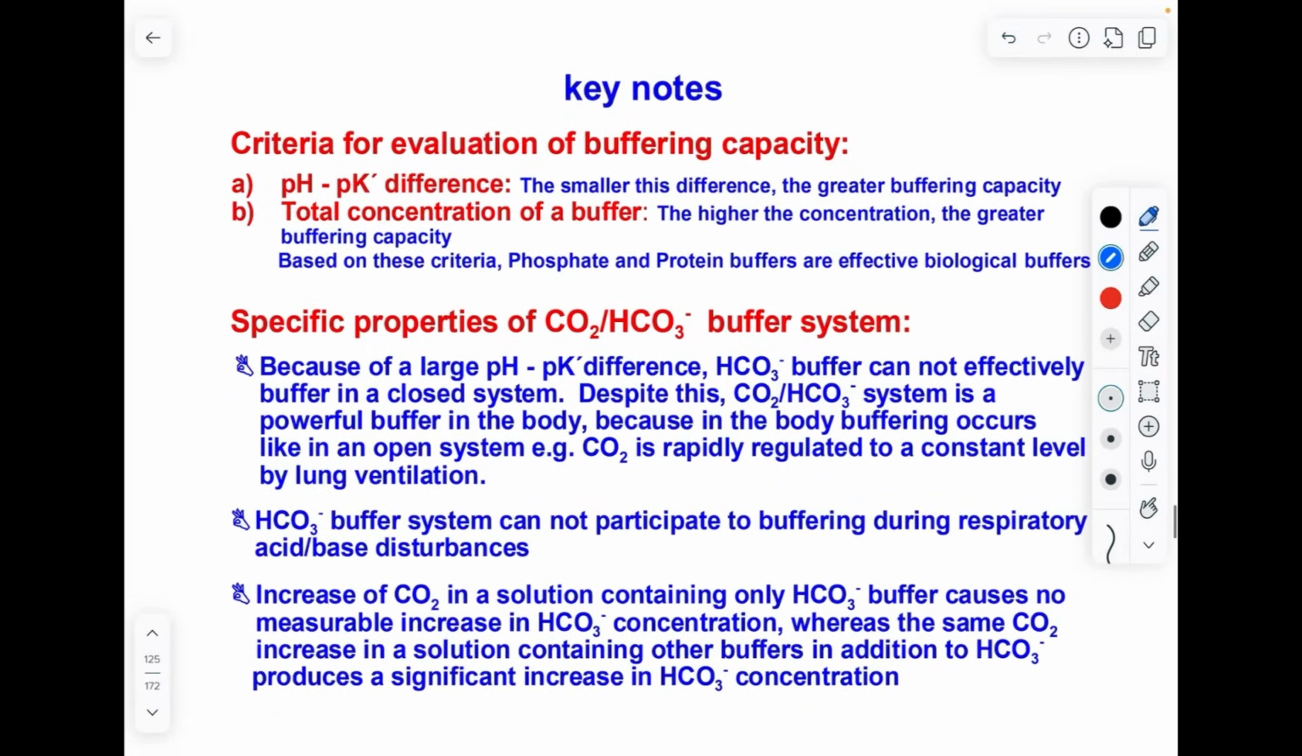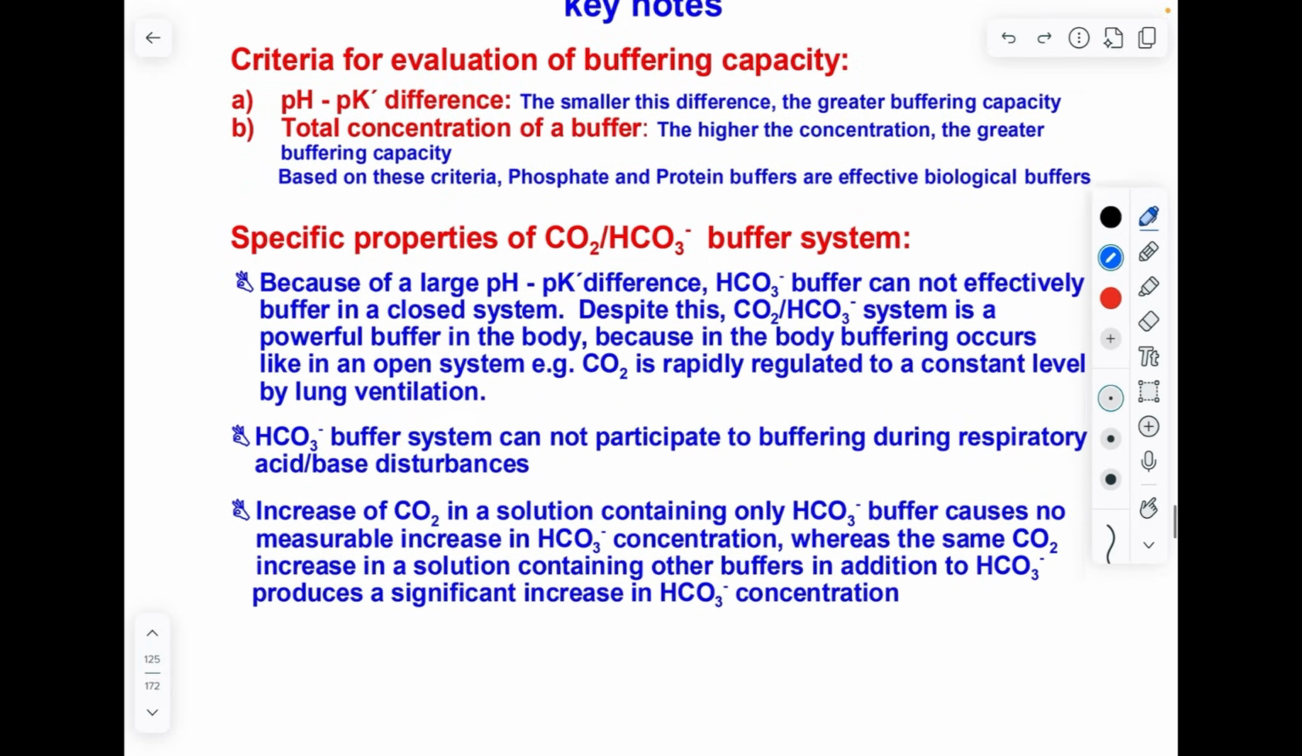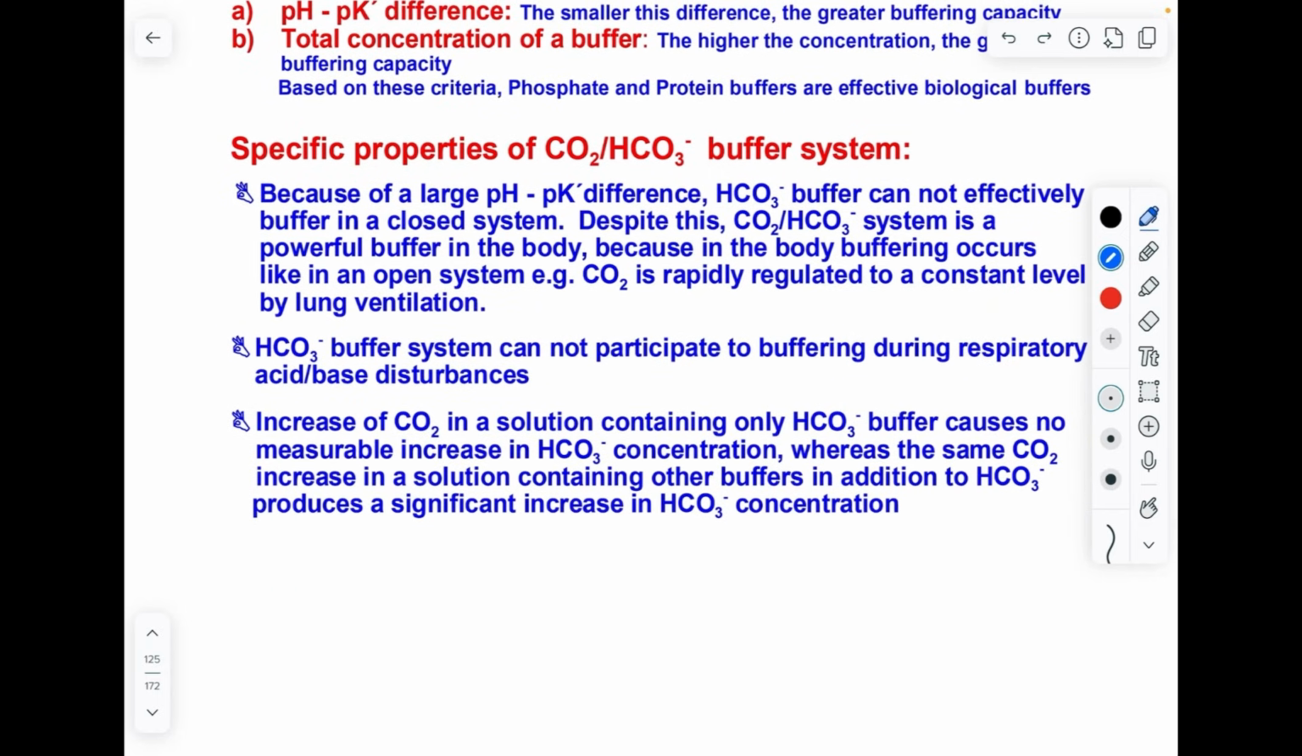We talked about all of this, pH, pK different, how do we evaluate if the buffer is good or not, these two main points. And we talked also about the properties. Why is the CO2 and bicarbonate a good buffer system? First of all, it's happening in an open system. Second of all,